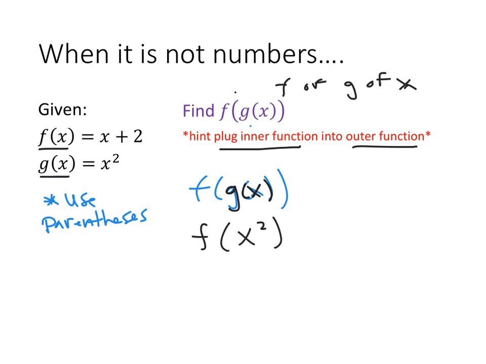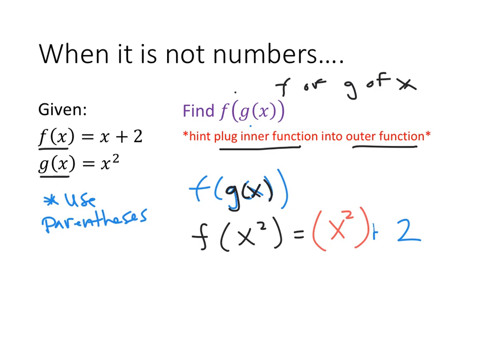is x squared. So in my function of f, everywhere that I see an x, I'm going to plug in x squared using parentheses. So if my original function of f is x plus 2, that's what I started with, everywhere that I see x, so right here, I'm going to erase that and plug in x squared. Now notice that I put in parentheses,